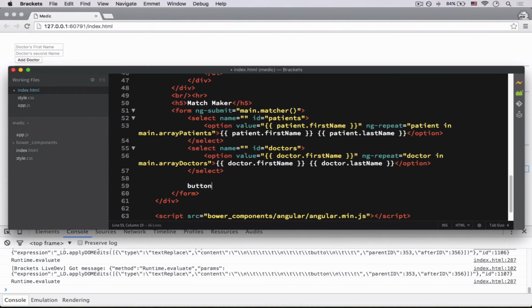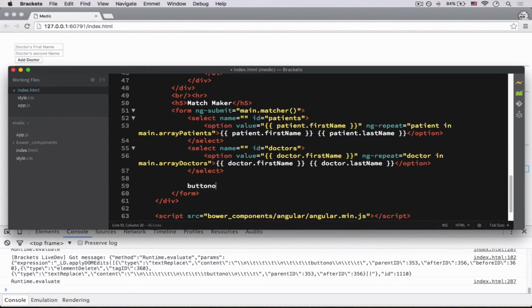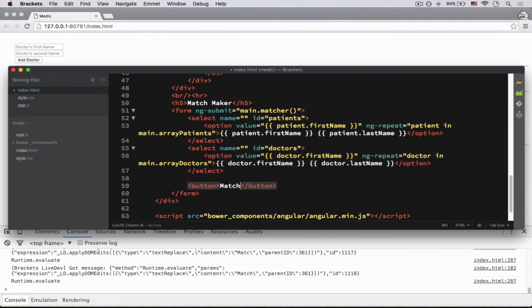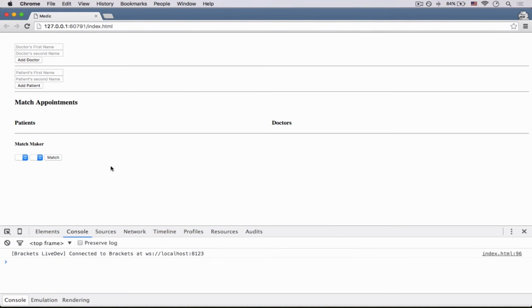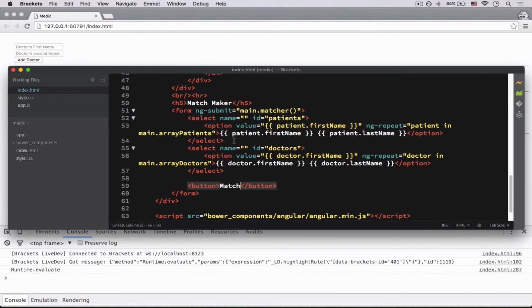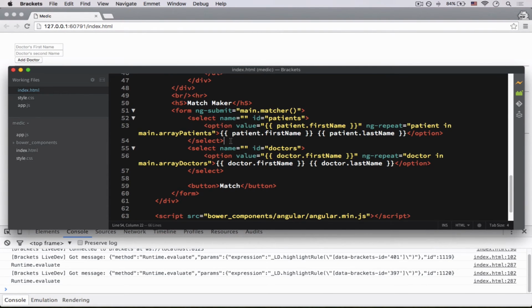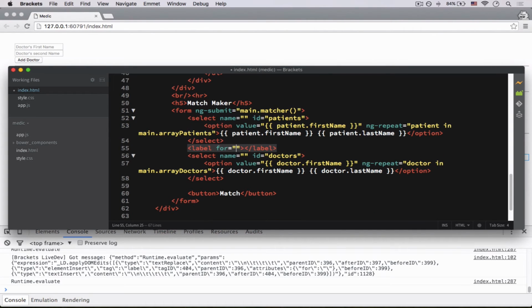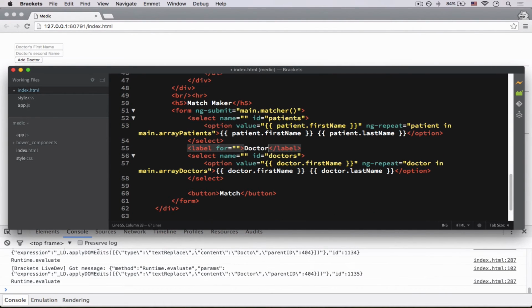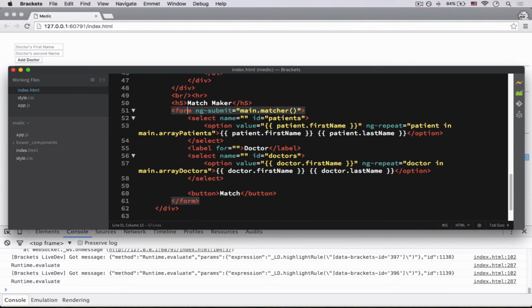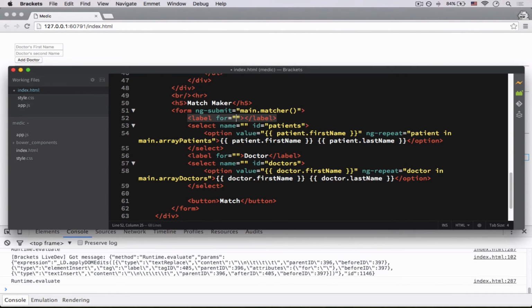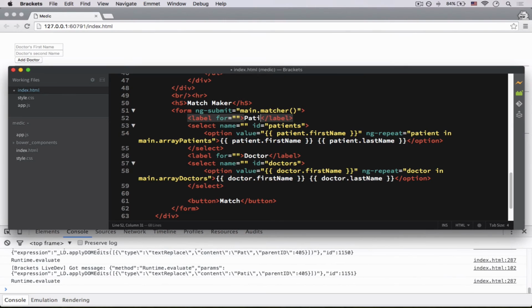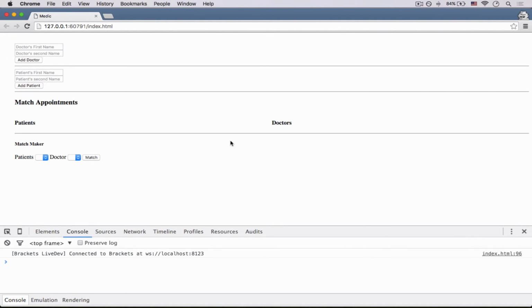So we'll have a button, we'll call that match. Yeah, it matches the doctor and then us. So let's see, let's try to make this a bit unique. Label doctor, this one patients. Okay,